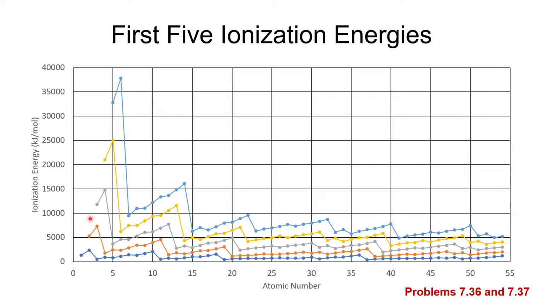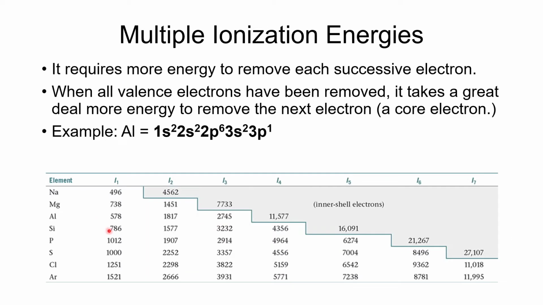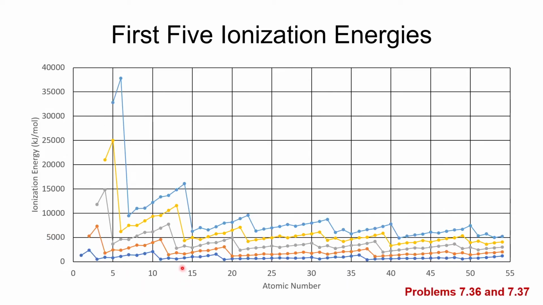Now, the other thing that I wanted to point out is that you can see this phenomena that I showed you on this previous slide, right, where you see a big jump in the ionization energy. So here, this one, for example, was for aluminum. Let's look at silicon. So silicon is element number 14. So here is element number 14. Silicon, just as a reminder,